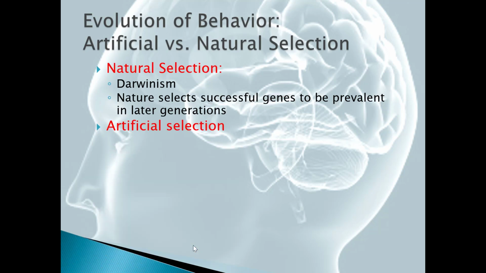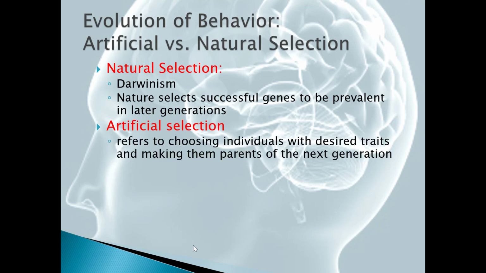So now I want to contrast that with artificial selection. This occurred long before Darwin, where farmers and breeders were using the idea of selection to cause changes in the features of their plants and animals over the course of decades. They allowed only the plants and animals with desirable characteristics to reproduce, and this caused the evolution of farm stock. So this process is called artificial selection,